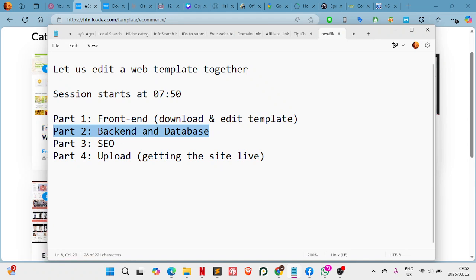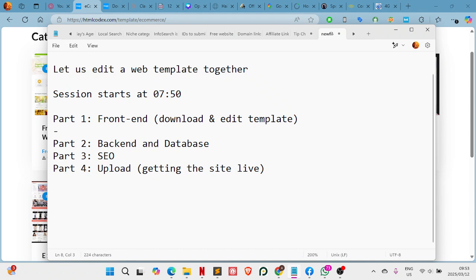With the back end, I will just make a portion whereby the admin can upload the new items for the website, together with the pricing, the name of the item, things like that, and how much items are available in the store, etc., etc. And then tomorrow morning we will optimize our website for SEO, and then we upload this dummy project that we are doing. So to get started, we will go to find a template, and the best way is to go to